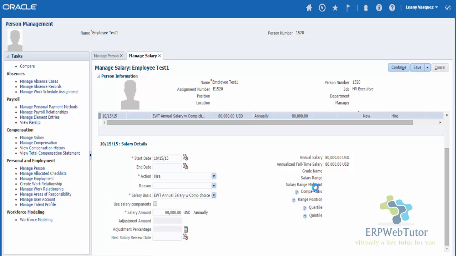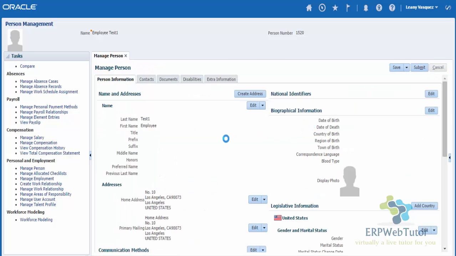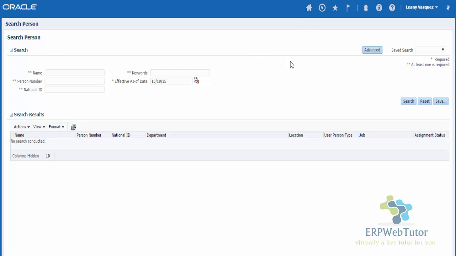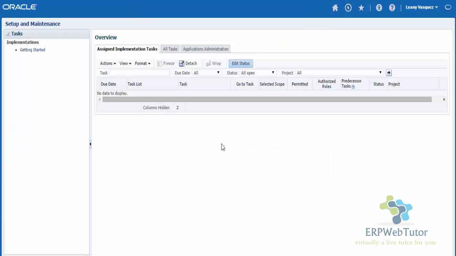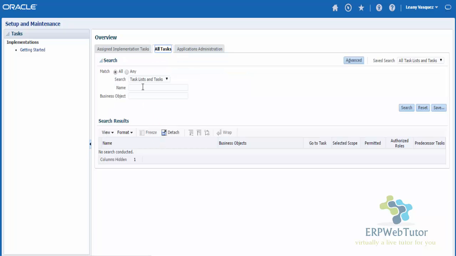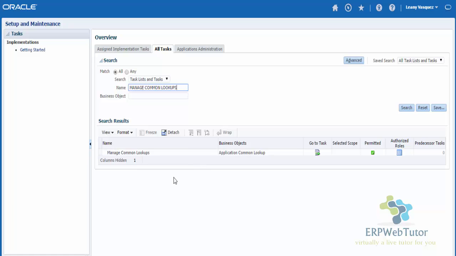So let me cancel out of here. I'm going to cancel out of the person management area, and I'm going to go back to my setup and maintenance. So let's go to the navigator, setup and maintenance, and let's go back to all tasks. And I'm going to look for manage common lookups. So this is actually stored in lookups. That's the reason why we need to go to the lookups, and we're going to find the appropriate lookup that stores the value. Simply click on go to task,